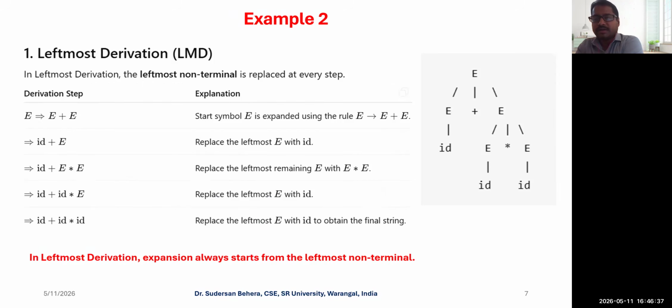Where is the other part, into ID? You cannot get the target string, right? So in order to get the target string, you need to spend a little time here. You need to choose what the right production is so that you can reach the target string. That is the tricky part of this particular